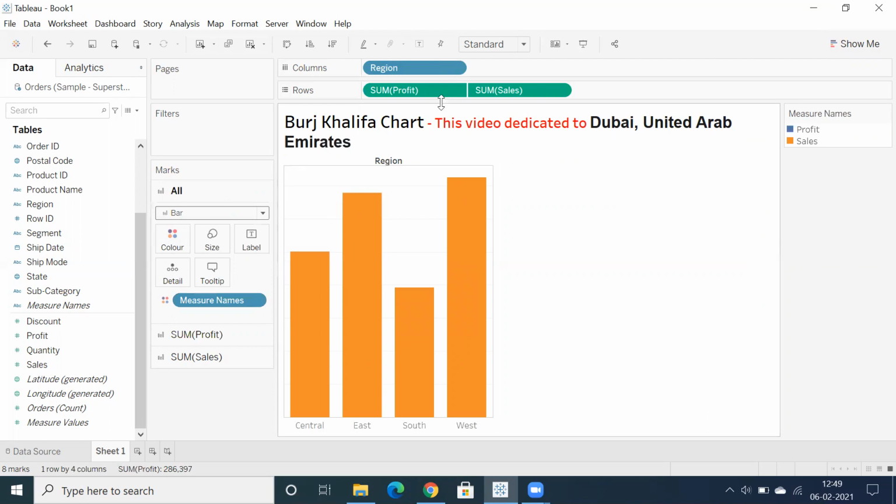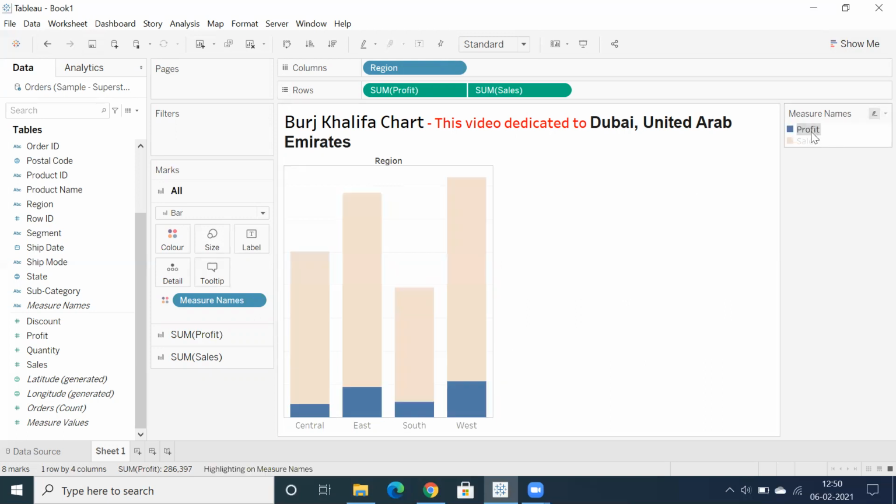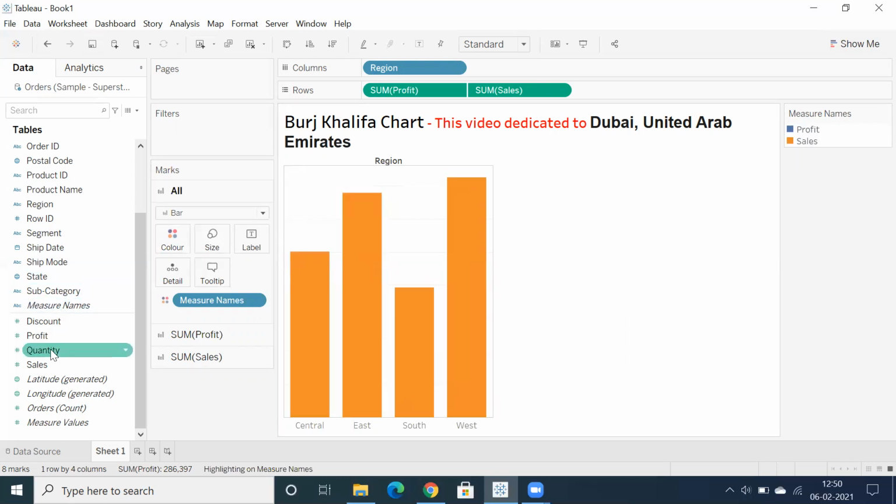Whenever we are going to work with a bar within a bar chart, as you know, you can bring profit to the right-hand side, and drag and drop measure names into size to showcase a bar within a bar graph. So let's bring the profit to the back side and sales on top of profit. If you want to check that, just make use of the highlighter.